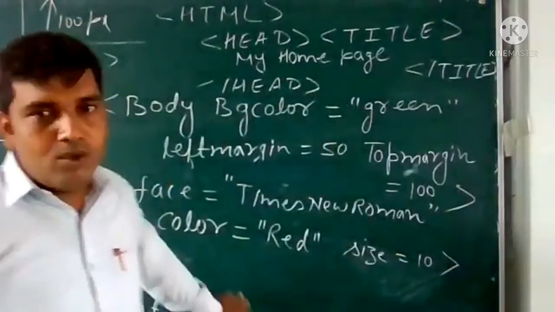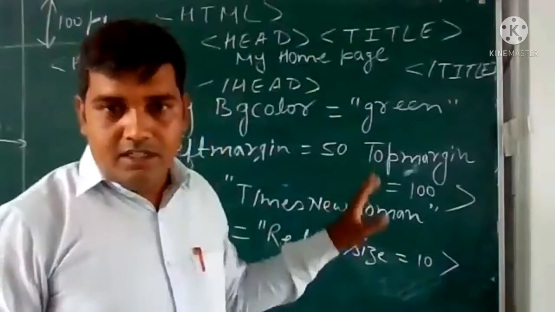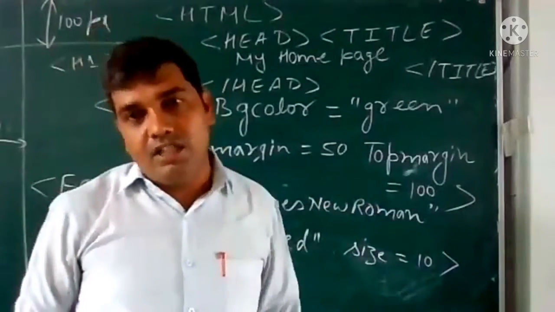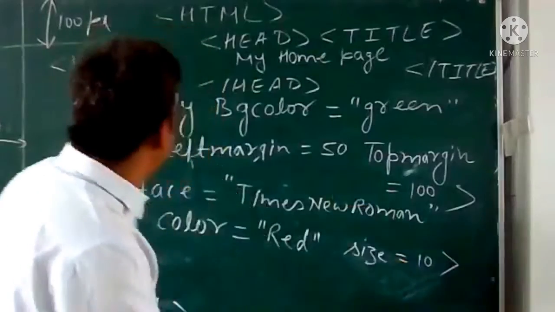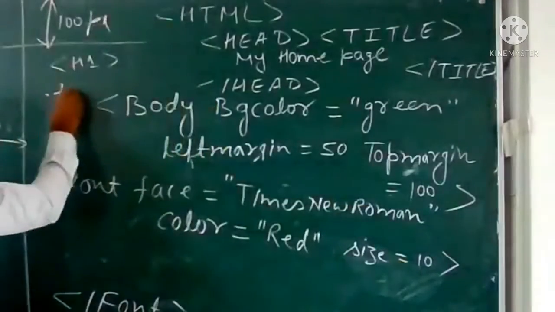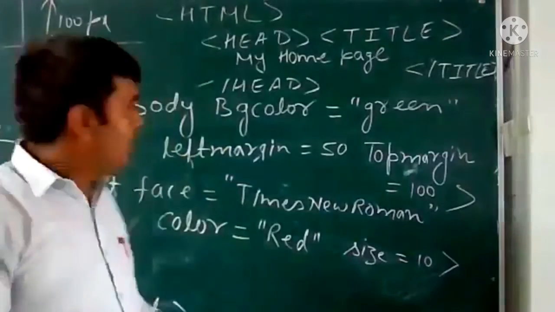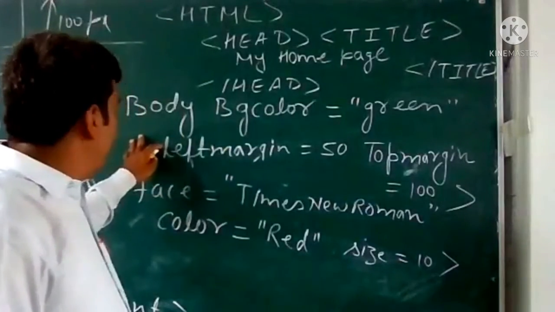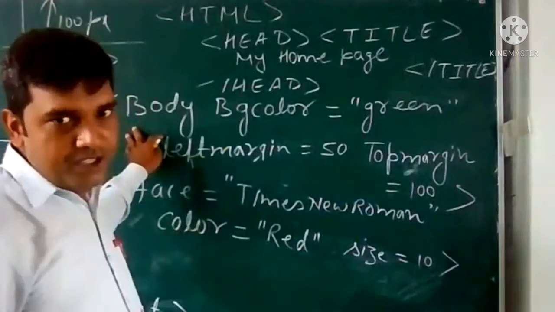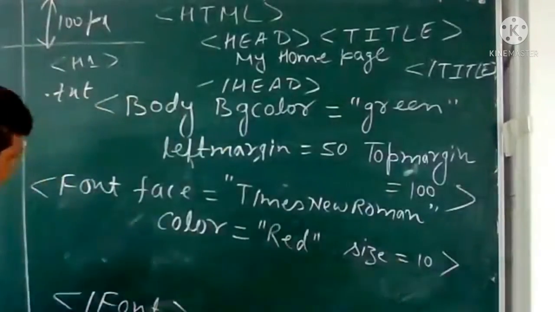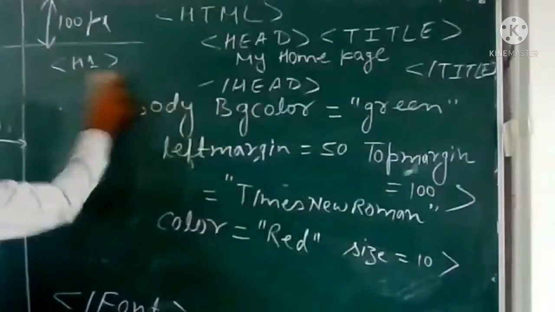After writing this HTML code, you have to save it. How do you save? You give the file name, some name you give. By default, in Notepad a file is saved with the .txt extension. But here you have to change the extension. Suppose you have given the file name webpage. So webpage dot HTML. What extension do you give? Webpage dot HTML.